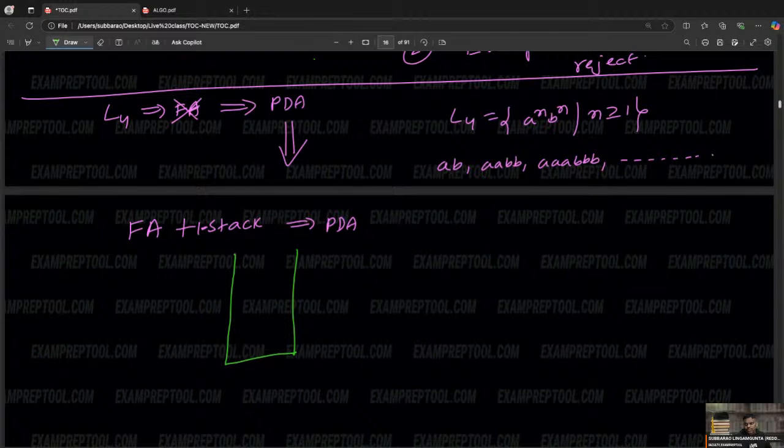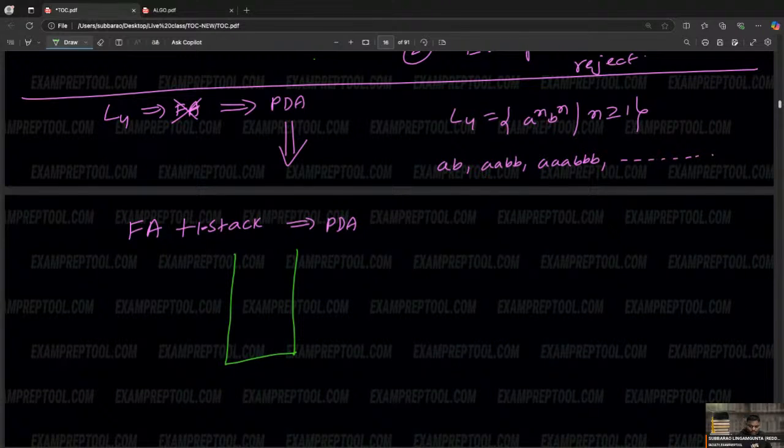Initially, finite automata having more weightage, 30 problems. PDA having next lesser weightage, 20 problems. Turing machine maybe 10 problems. Like that we will do, so that everything is okay. I will do approximately 60 to 70 problems from my side. You do one more 60 to 70 problems from your side. Almost TOC over. TOC is an easy subject where you will get the marks in the examination very easily.